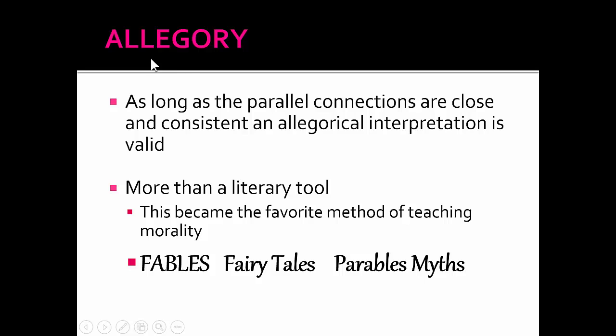Fairy tales are actually probably the most popular and obvious of allegories because while they're telling us the story of a princess meeting Prince Charming or something like that, they're also trying to teach us a lesson. So all fairy tales, at least the Grimm version of fairy tales anyway, sometimes the Disney version loses the allegory. Probably the most obvious version that lost its allegory would be The Little Mermaid. The Little Mermaid lost its allegory. The rest of them kind of kept them intact.